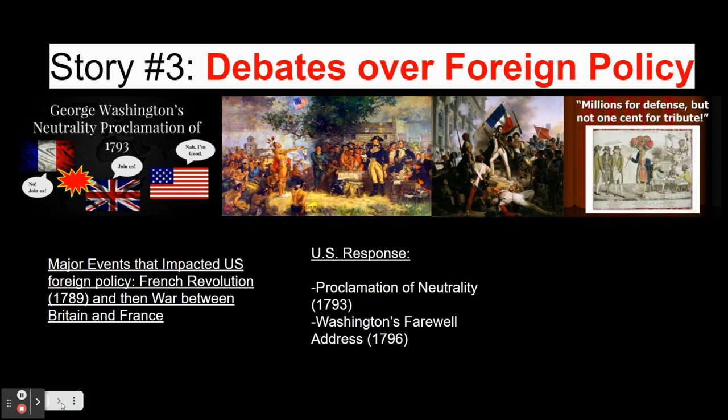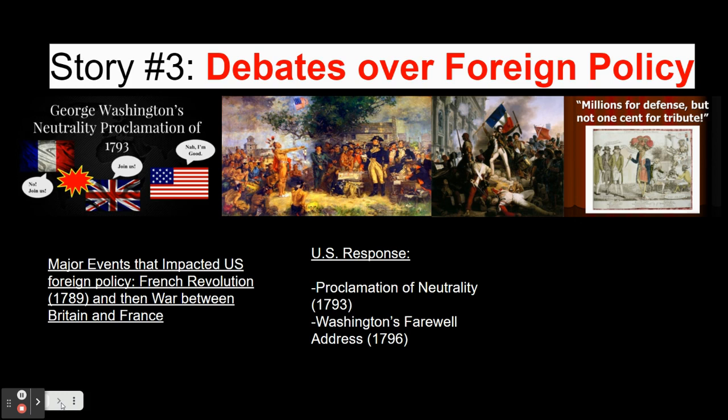After all, the United States had an alliance with France, which dated back to the American Revolution. And there were a lot of people, specifically Jefferson, who were calling for America to support France and saw the French Revolution as an extension of the American Revolution. However, there were others, most notably George Washington himself, who felt that the United States was not strong enough to get involved. And so the American foreign policy that becomes established during this time period is the policy of neutrality.